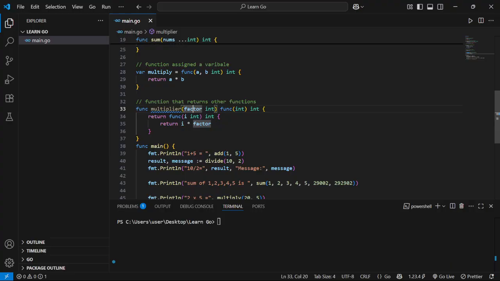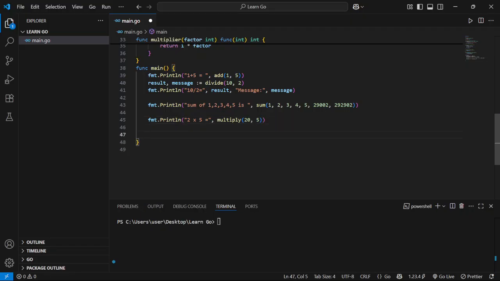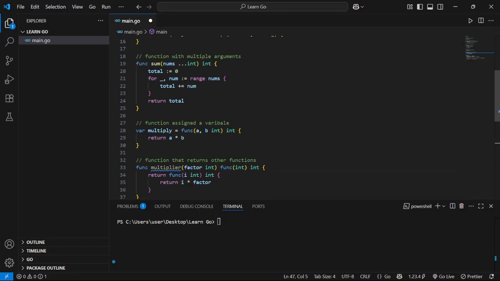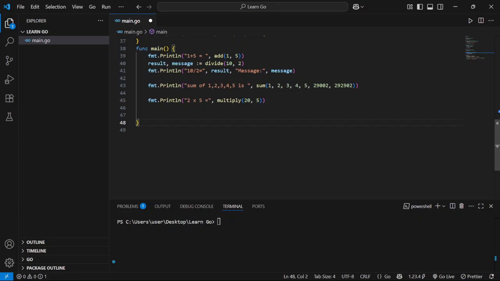So to use this kind of function, it has various processes. You have to first define your multiplier, because we have to first define this multiplier with a factor, and then we can use this inner function to multiply it with that particular factor. So you first define it here. You can maybe say times3. Of course, we're going to define a factor of 3. Then we define our multiplier, we pass in our factor, and then to get the answer, we just come and we can just take this,